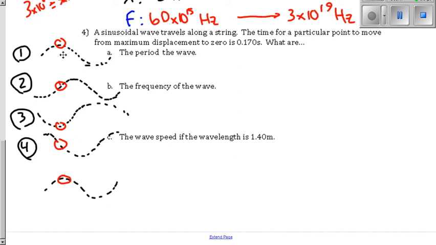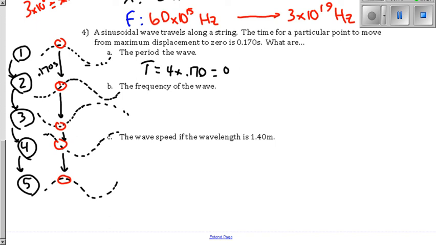So what we're told is that this time is 0.170 seconds. But if we want to look for a whole period, we have to go from here to here, then onto here, then onto here, and then onto here. So if we count the number of sessions that we're moving through, we have 0.170 seconds here. We're going to move another 0.170 seconds here, another 0.170 seconds here, and another 0.170 seconds here. That's 4 times 0.170,